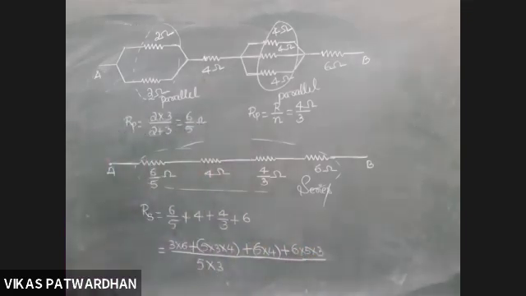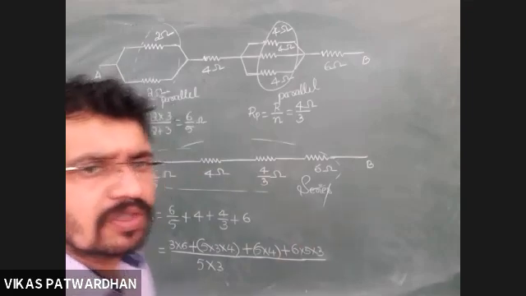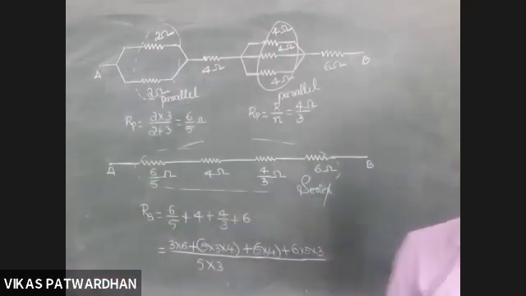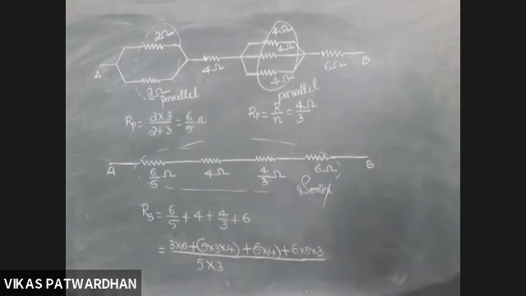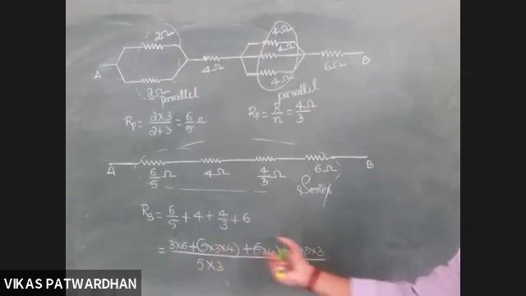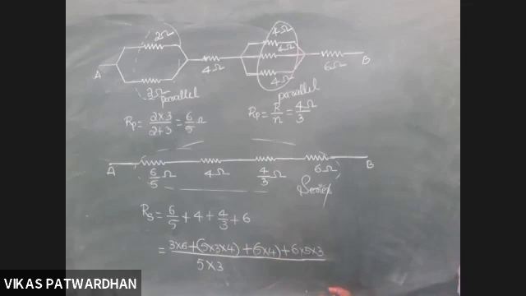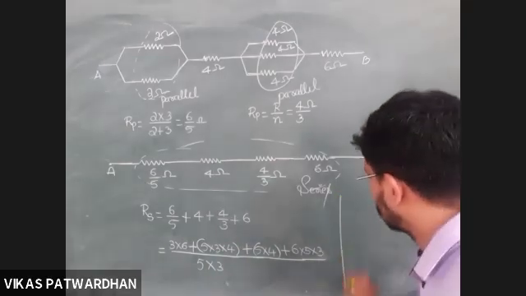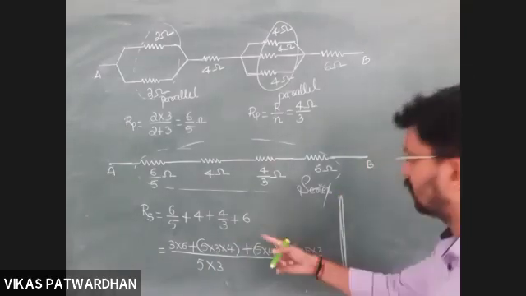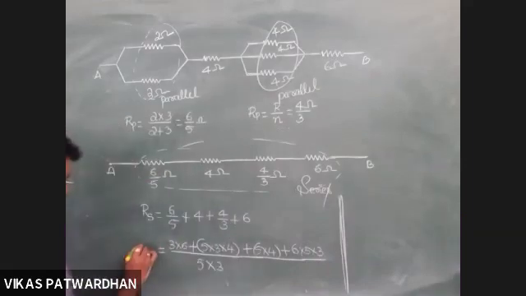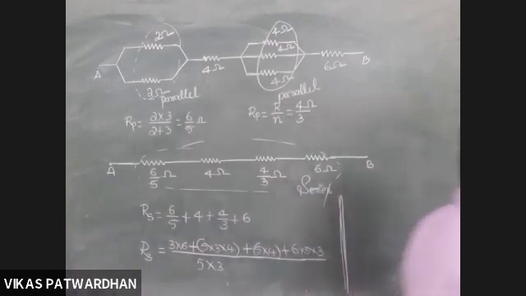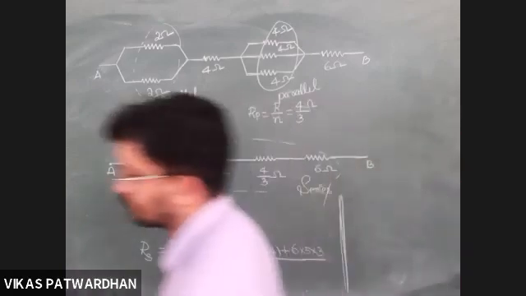Is that correct? You know LCM. However you know this LCM, you can opt that procedure. There is no hard and fast rule. Is that clear? Is it visible? Yes, sir, it's visible. Okay, fine, thank you. Now, this you will do. This I'll leave it to you. Do it fast and tell me the answer. I want the final value of RS, fast.